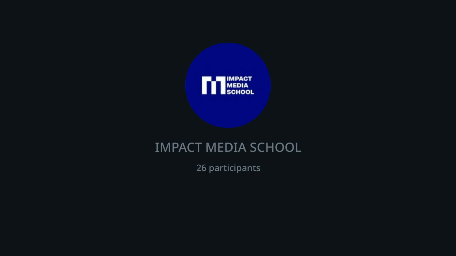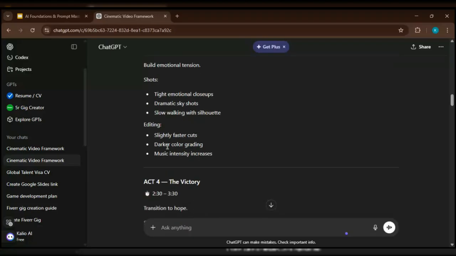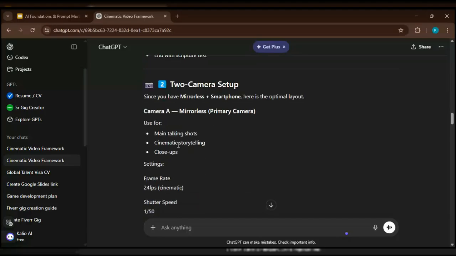You see, it's telling you to use tight emotional close-up shots, use sky shots. So it's telling you things that you need to use to make it feel amazing. So editing is telling you what you have to use. Okay, this dark color grading, and so on. So you see V3. Now, when we start going to the advanced, you see the amazing power of what you're learning, because we're going to go back to this prompt and tweak it in a way. And you see it bring out a different kind of response entirely, much more